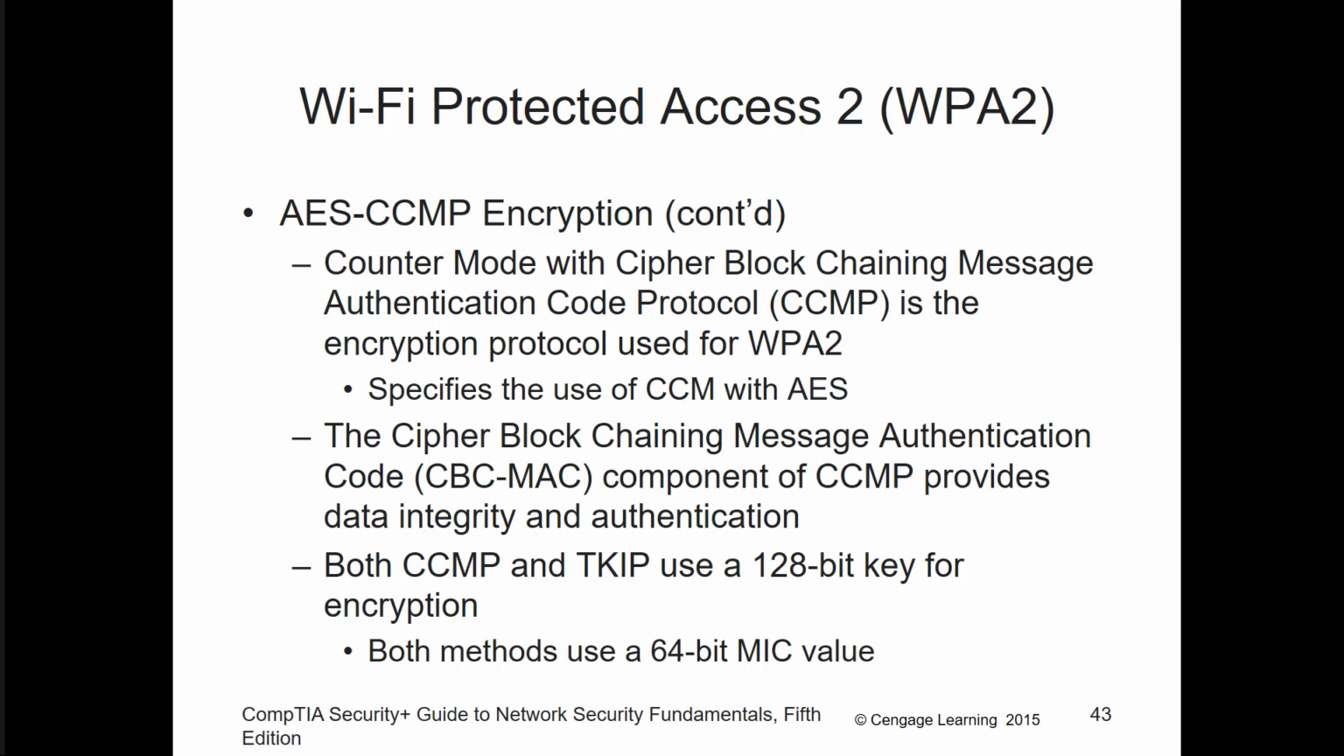They specify the use of CCM. They will also have a Cipher Block Chaining Message Authentication Code, and the CBC-MAC component of CCMP provides the data integrity and authentication portion. Both CCMP and TKIP use a 128-bit key for encryption. And in all honesty, I've never been asked detailed questions about this. I don't think that we have to go quite this in depth when you're studying for your Security Plus. Though in a previous lecture we talked about